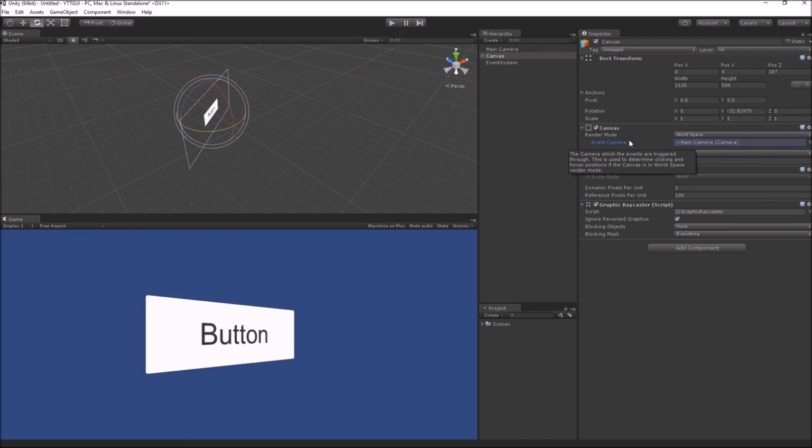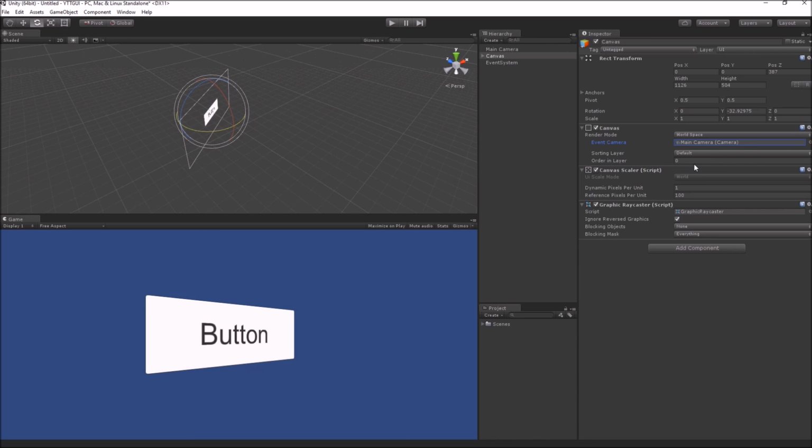And some parameters in this render mode are the event camera, which will feed the click or touch events to that canvas, because if you are making games for VR, then the event system and the input module also change in many cases, so you will have to supply your separate event camera, which in most cases is your main camera. And the